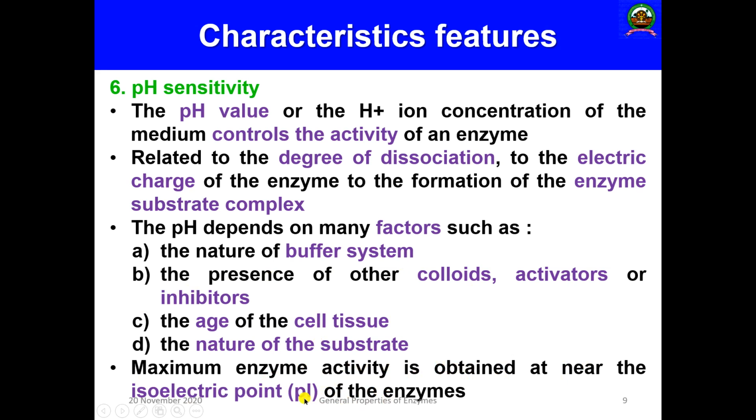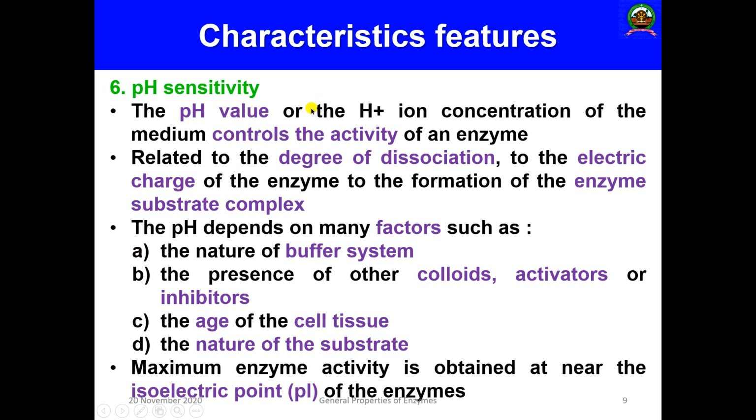So enzymes are protein. They are able to produce both the amino terminal groups as well as carboxyl terminal groups under appropriate pH. The hydrogen from the carboxylic acid group will go and attach to the NH2 end, and it will become a zwitterion, NH3+ and COO-. That is known as a zwitterion.